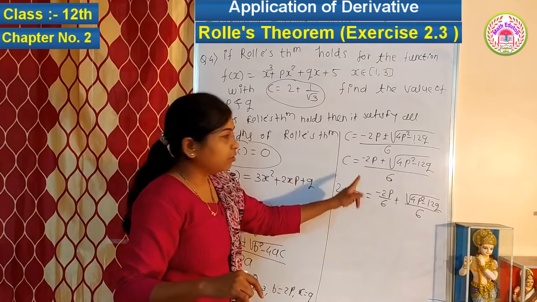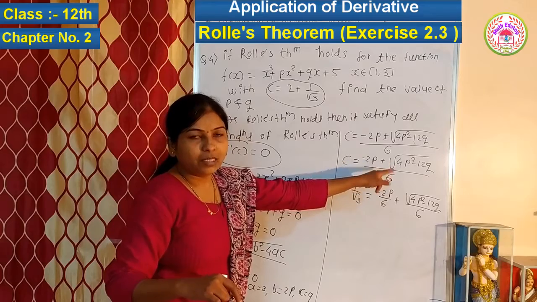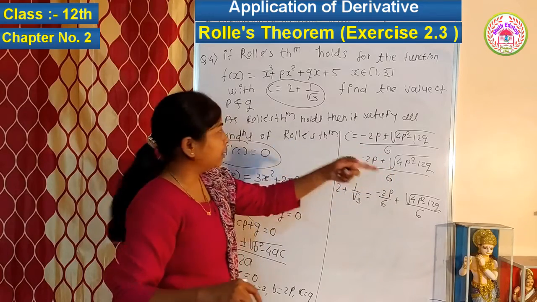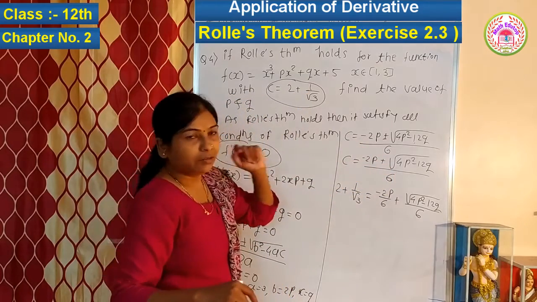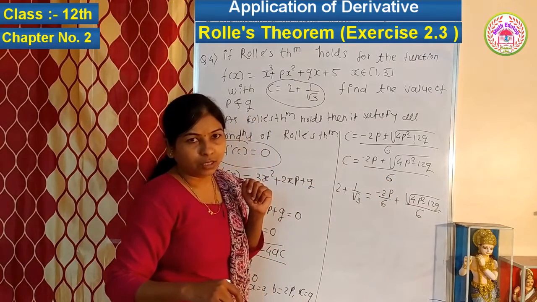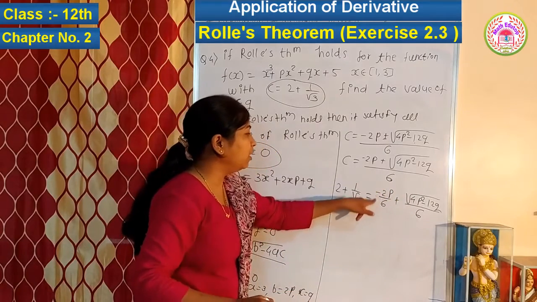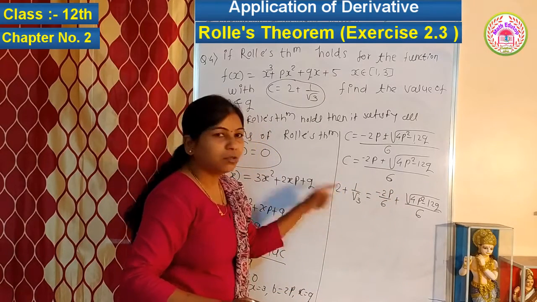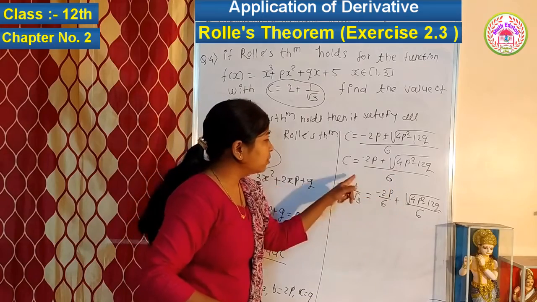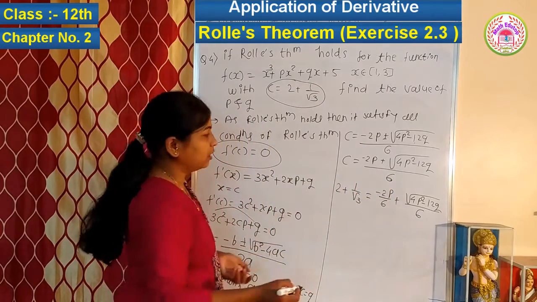चाहिए, ठीक है, क्योंकि वी हैव टू फाइंड द रूट ऑफ c फाइंड आउट करते हैं, दैट इज द पॉइंट c फाइंड आउट कर रहे हैं एंड c पॉइंट क्या गिवन है दैट इज 2 plus 1 upon root 3 गिवन है, मतलब इसका जो सिंप्लीफिकेशन होगा दिस इज 2 plus 1 upon root 3 होना चाहिए। तो आफ्टर सबस्टिट्यूटिंग द वैल्यू ऑफ p की वैल्यू सबस्टिट्यूट करने के बाद इसका सिंप्लीफिकेशन फर्स्ट टर्म का 2 होना चाहिए एंड सेकंड टर्म का 1 upon root 3 होना चाहिए। देन जस्ट कंपेयर दिस टर्म, कंपेयर करते हैं।